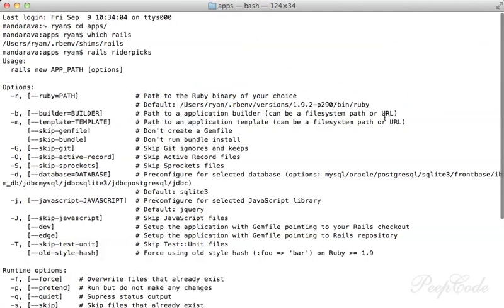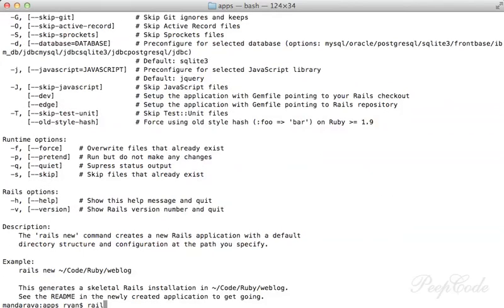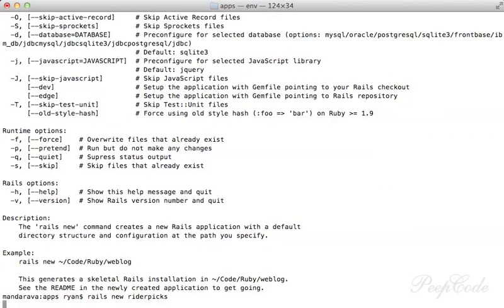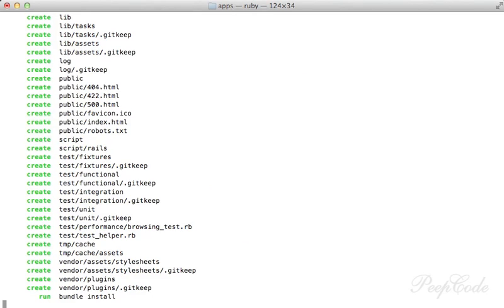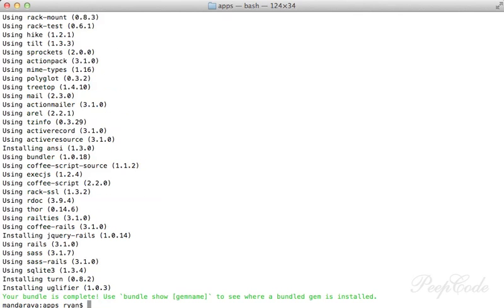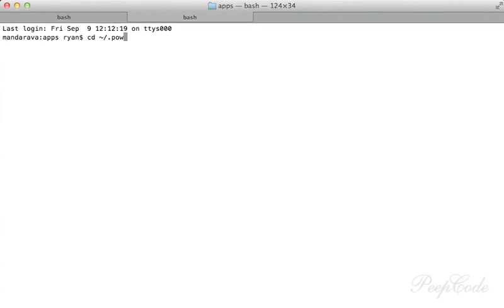No. Maybe is Rails new how it works now? Okay, Rails new, riderpicks. This is always how it is. I always have to monkey around. Yeah. Well, I never remember how to do the specifics of anything. The HTML and some of those things I know, but with Rails it can be a monkeying around process. But actually, hopefully, this just works, and I should be able to just go into my POW and